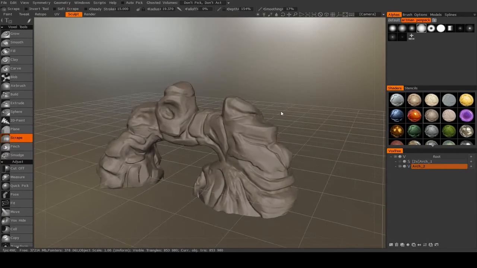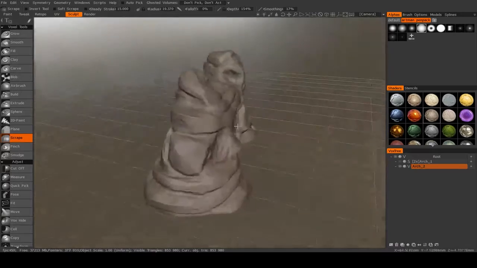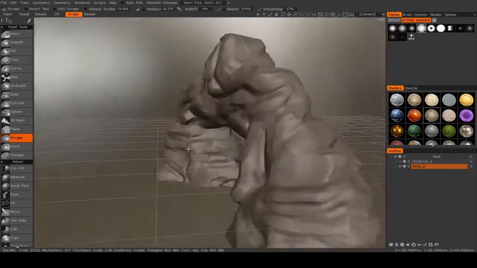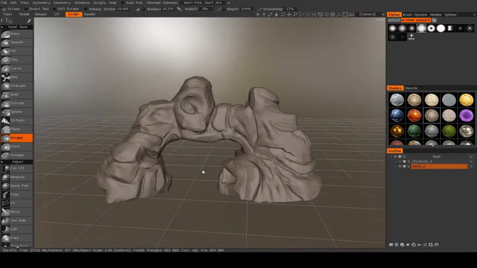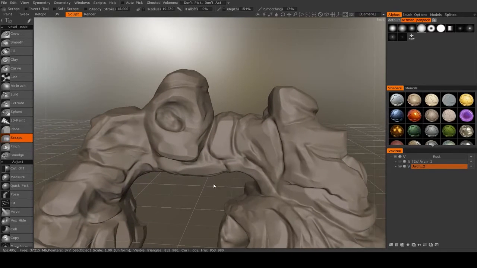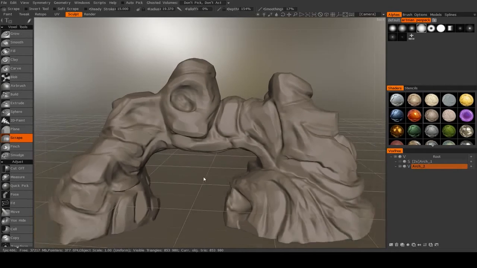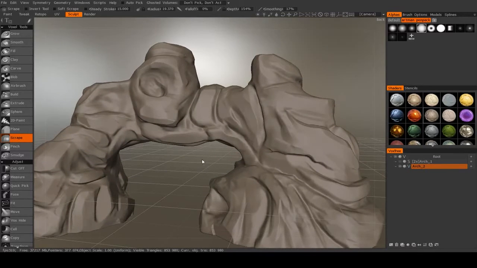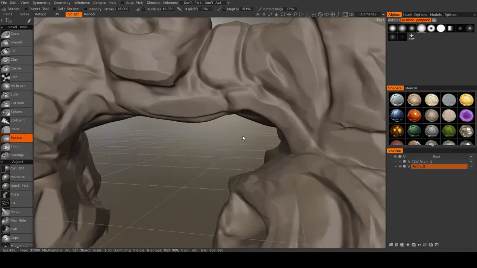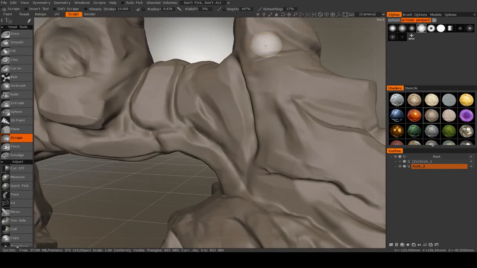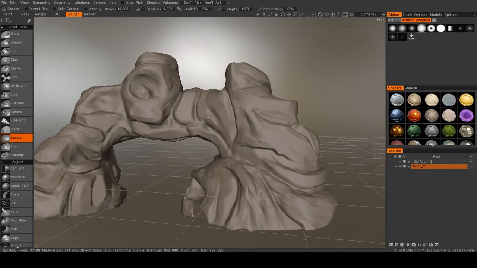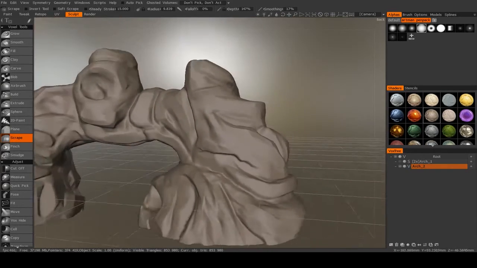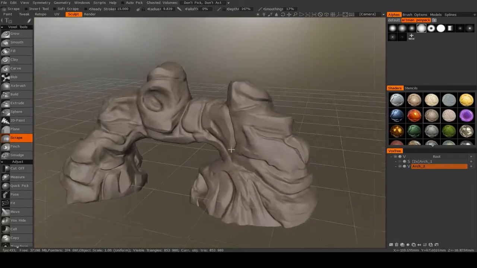Alright, once you've finished blocking out your medium forms and you've gotten the overall shape of your rock or your arch figured out, now it's time to move on to smaller forms. Now, I'm refraining from using the word details here because we're going to go through a detail pass a bit later. Again, we're just blocking out smaller forms now, so we're working our way down. We made the big shape, and then we made a bunch of medium shapes, and now it's time to work